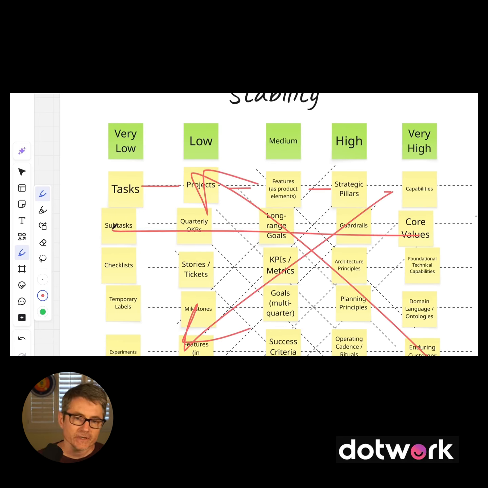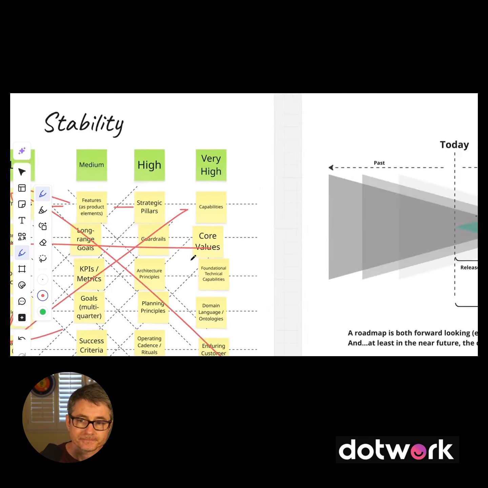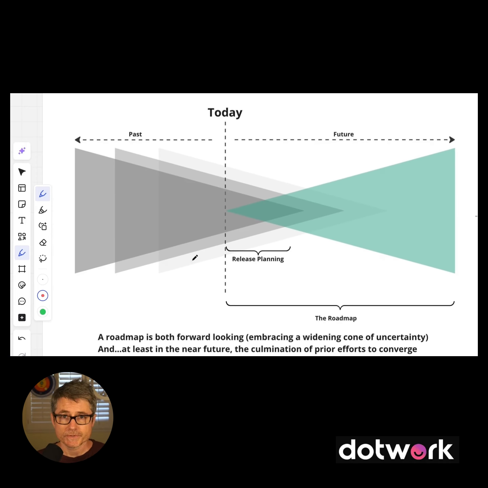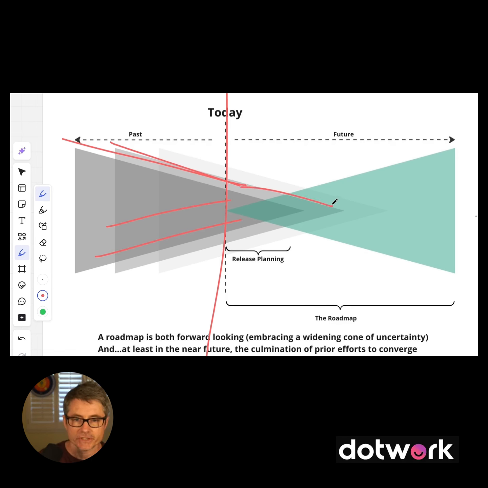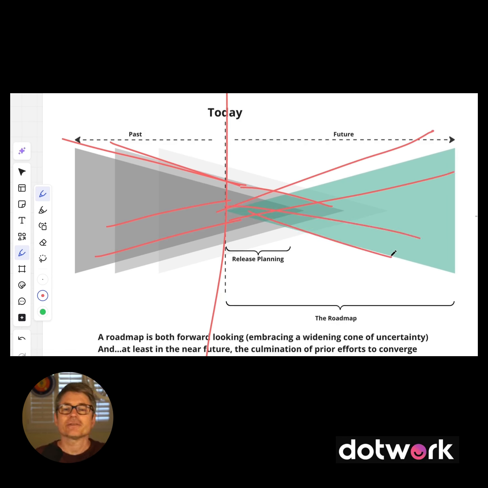You've got connections going this way. You've got connections going this way. That's just how it works. That's the nature of the game. This is an old image of mine, but it shows a roadmap. And if you think of today as the sum total of all these things you've done in the past coming to fruition, and the future is going to be the sum total of many other things, right? So we're always dealing with this kind of cone of uncertainty and of layers of time